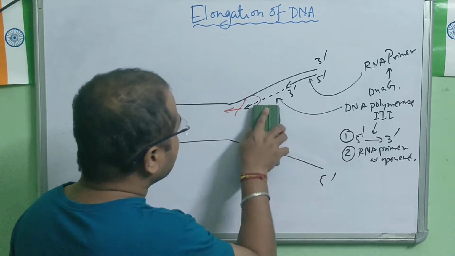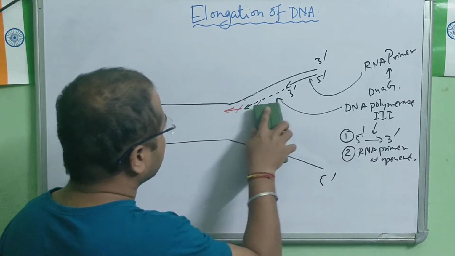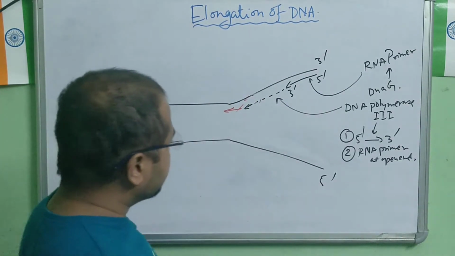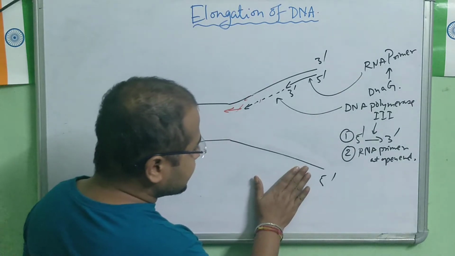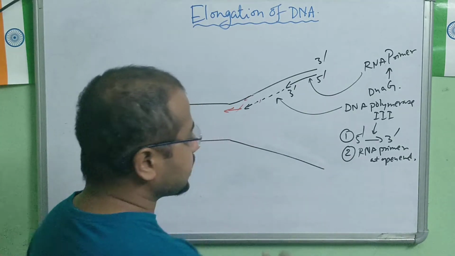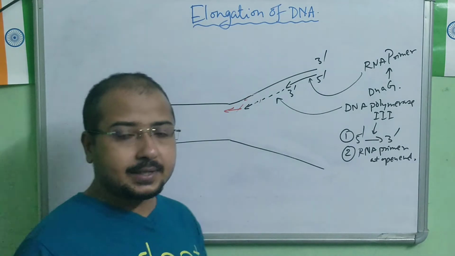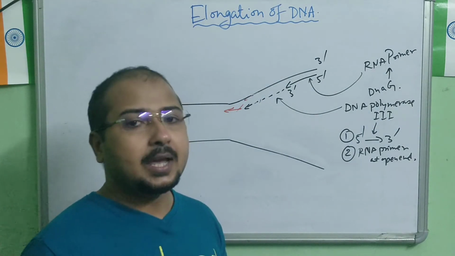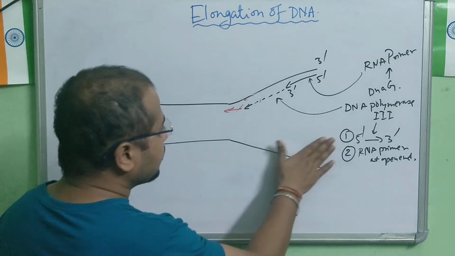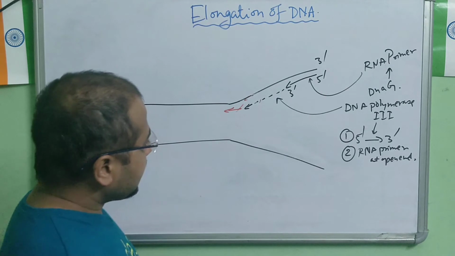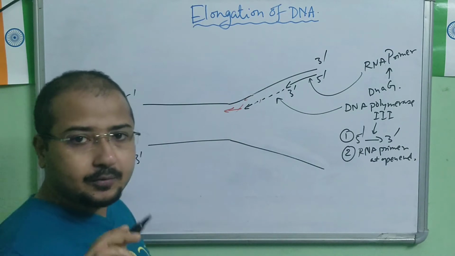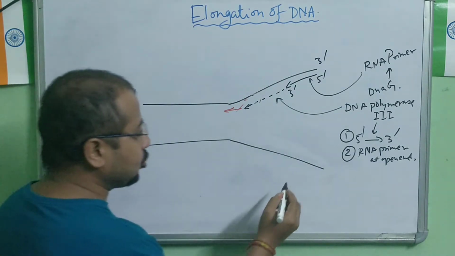Now what happens here? To avoid this problem, to avoid this confusion, what is done? This strand of the DNA forms a loop, and we will see now how the formation of the loop helps replication in the same direction. Now look here. Let me just form the loop. I will show you one step of the loop first, then the second step.